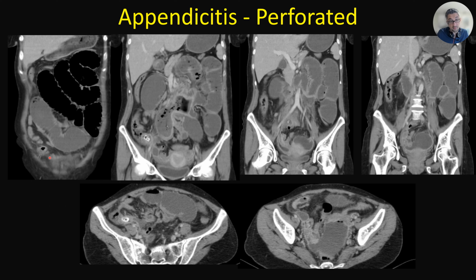Another example of appendicitis but with perforation. Here is the fecalith still within the lumen, and here is the appendix distended, filled with fluid, and here is the site of perforation, and this is the abscess formation, and this abscess formation is actually more extensive into the pelvis, and this is a perforated appendicitis, and because of peritonitis we are seeing this bowel obstruction as well,